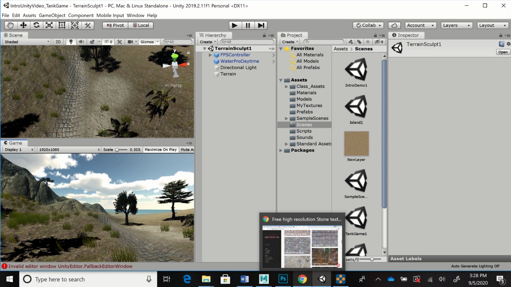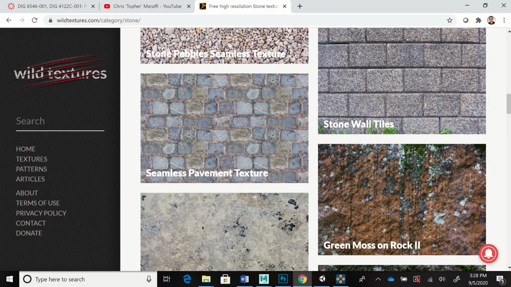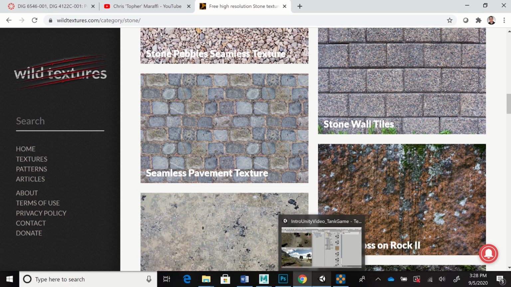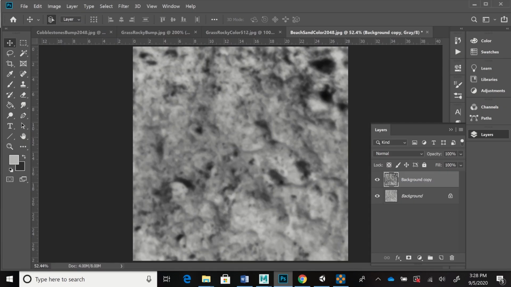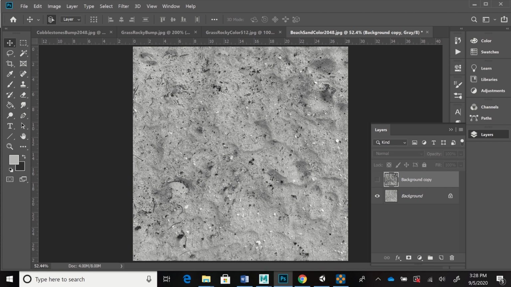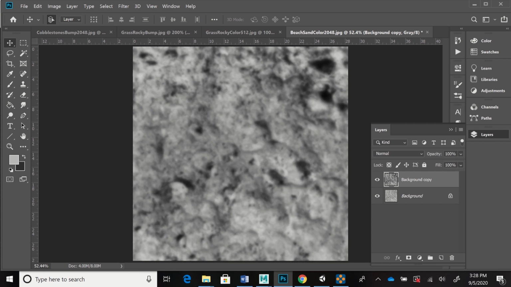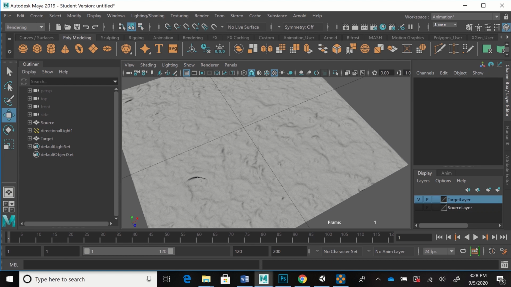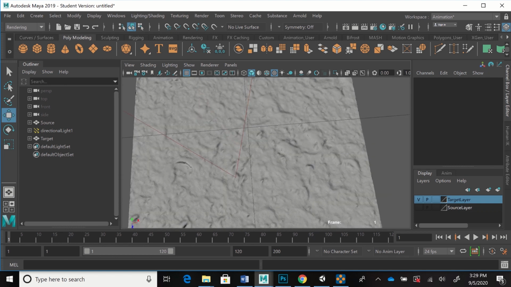So we're going to look at how to download some textures from places like Wild Textures, and also textures that you might take yourself, and then how to make them seamless inside of Photoshop so that you can then create a bump map texture like I have here. So this is the main map, and this is the bump map, and then bringing those into Maya to create the actual bumpiness,